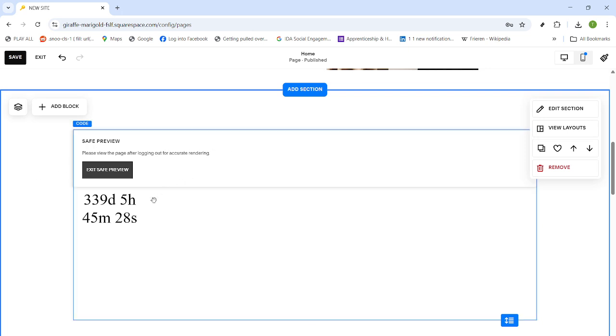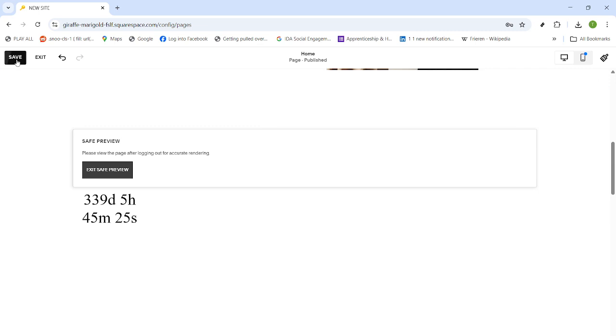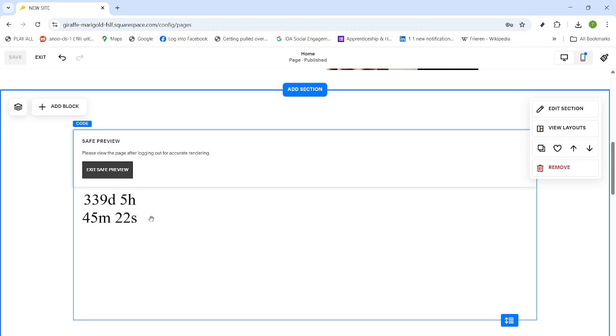the timer within the section, or adding a brief headline above it in a separate text block if your design calls for it. When everything looks right and your end date is correct, click Save to publish your changes. That's it. You've added a countdown timer to your Squarespace page using a free plugin and a simple code block, all without